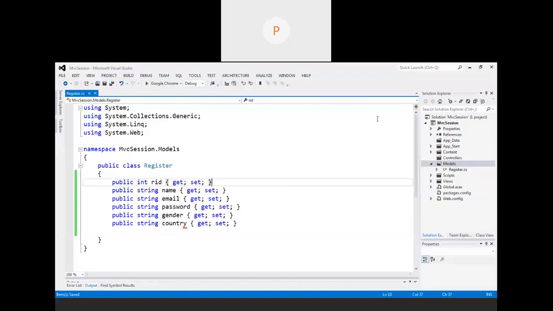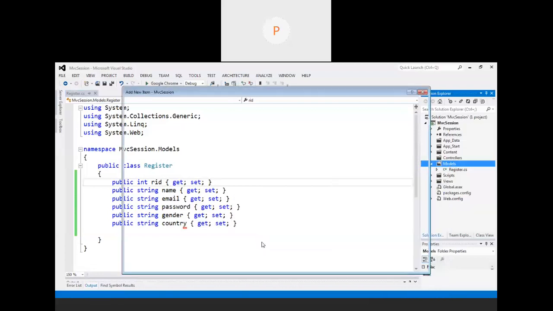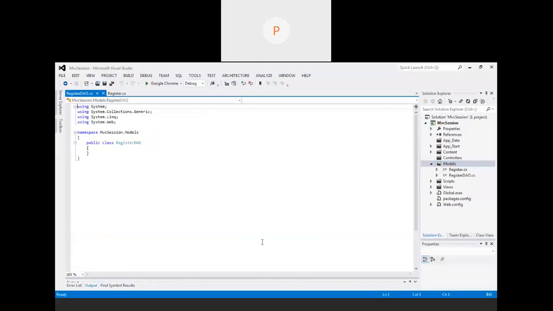So right click and add class, say register DAO. DAO is nothing but data access object. Within this class, we have to write an ADO.NET code. Okay, so let's see how it can be written.